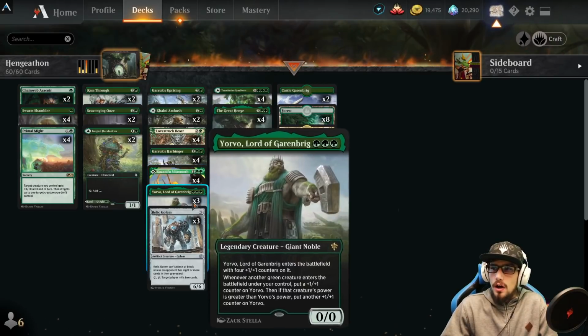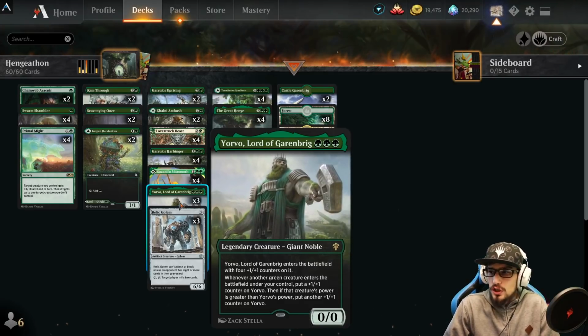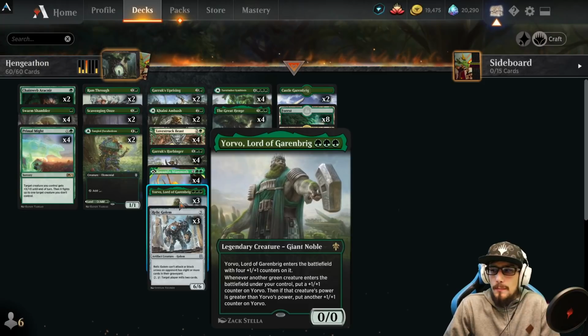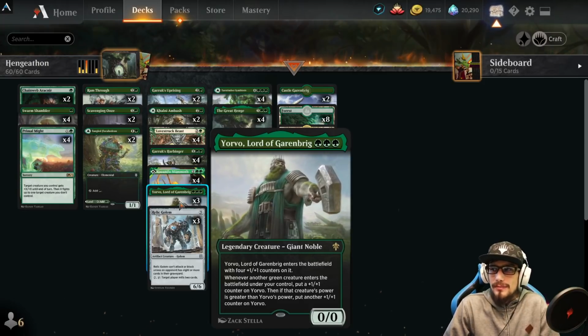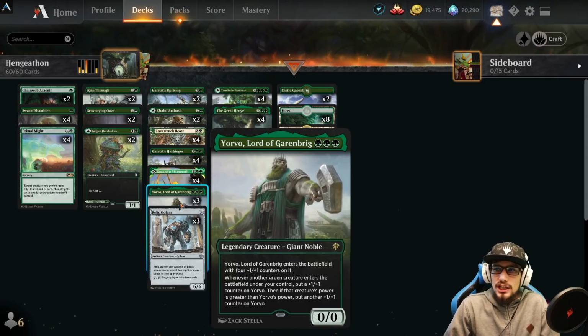cards like our Yorvo, Lord of Garenbrig, a 0/0 that enters the battlefield with 4 +1/+1 counters on it. Whenever another green creature enters the battlefield under our control, put a +1/+1 counter on Yorvo, and then if that creature's power is greater than Yorvo's, put 2 +1/+1 counters on it instead. So every insect that we make will trigger Yorvo, and that's absolutely amazing, which actually brings Yorvo into contention within,